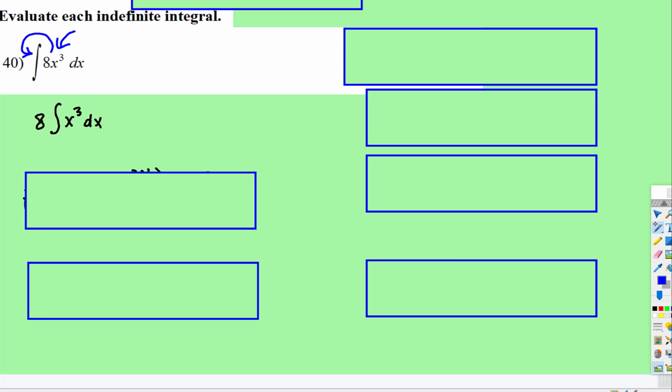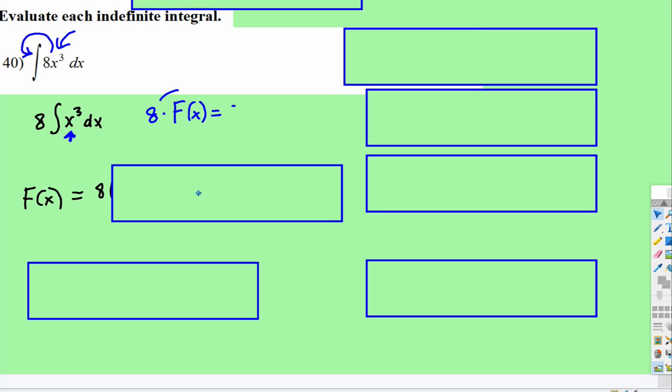So I want you to be in the habit of rewriting it like this. The reason that helps is it helps you to see what function exactly am I finding the antiderivative of. And then when you write the capital F, sometimes I see people write it like this: 8 times capital F of x is equal, and then start the antiderivative process, then multiply that. But what I'm going to have you do is put capital F of x is equal to 8 times,